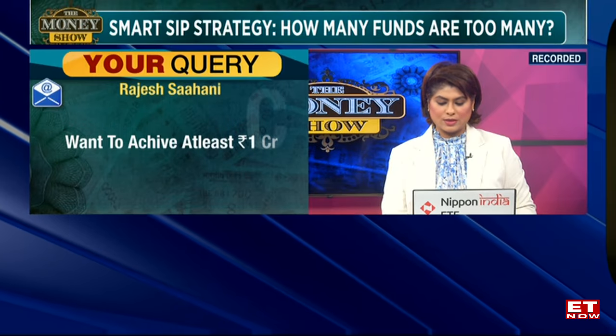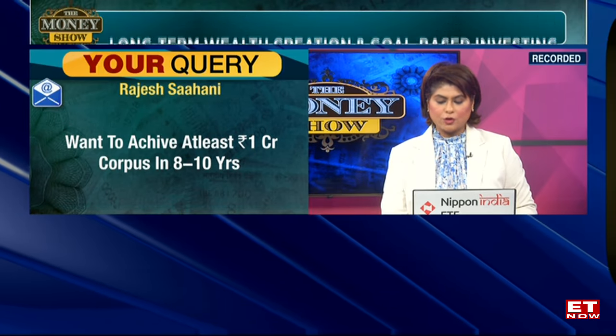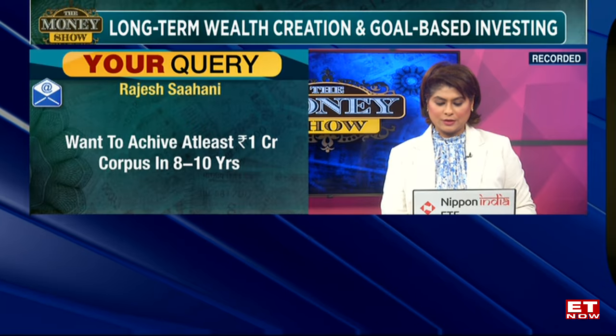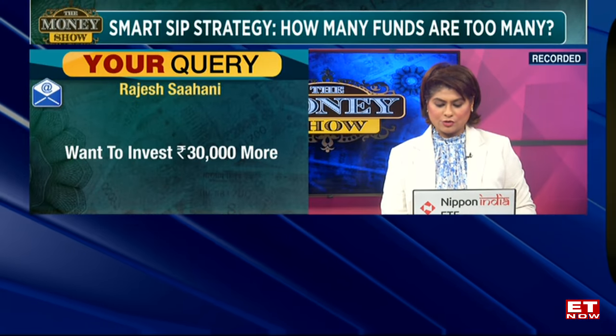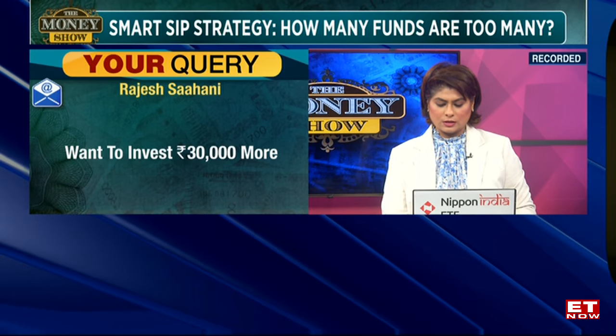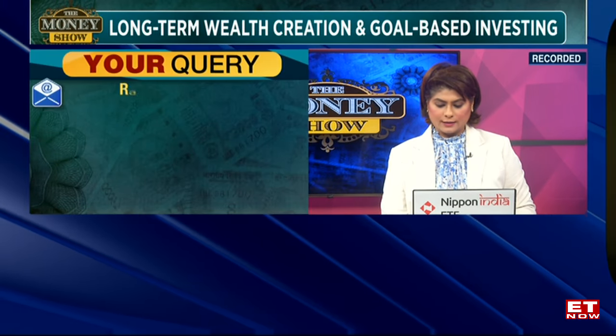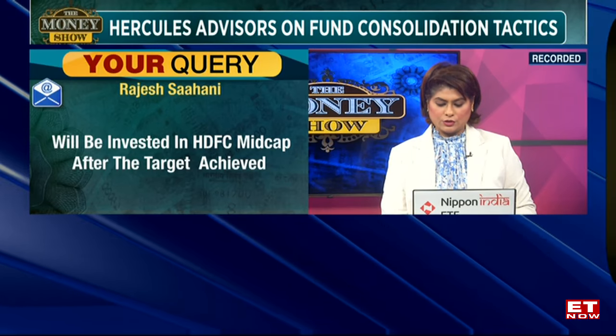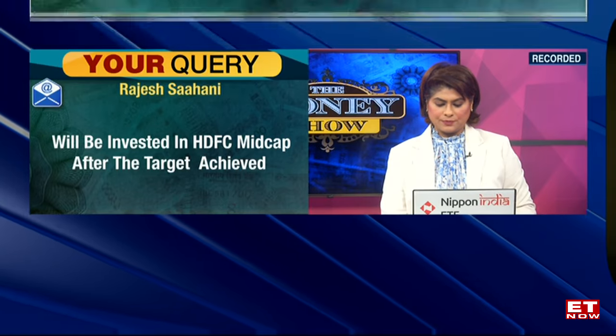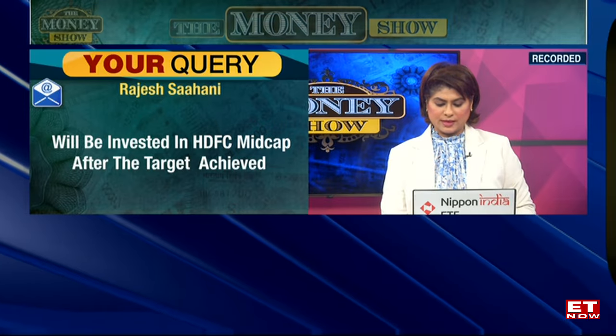He plans to stay invested. A new SIP of 30,000 per month is what he plans to do. Whether to add a new fund or distribute the amount in these existing funds is something that he wants to know from you. The goal is 1 crore for his daughter's marriage, and the rest of the corpus is needed later on. And he will continue the HDFC Mid Cap fund for his children, who are 17 and 14 years old respectively.